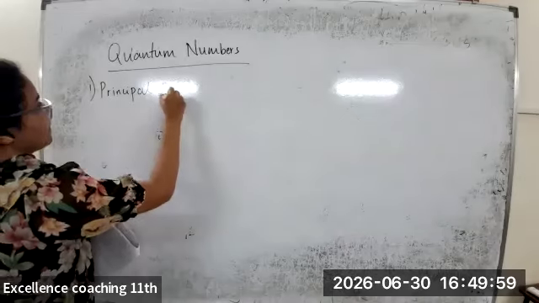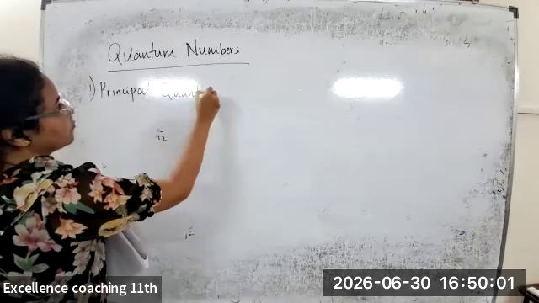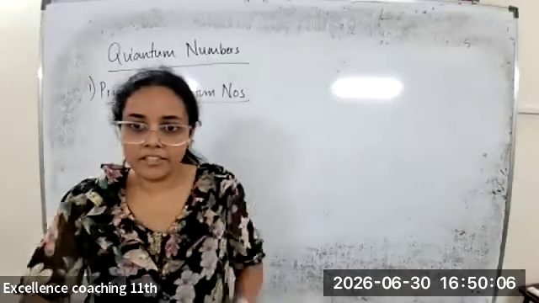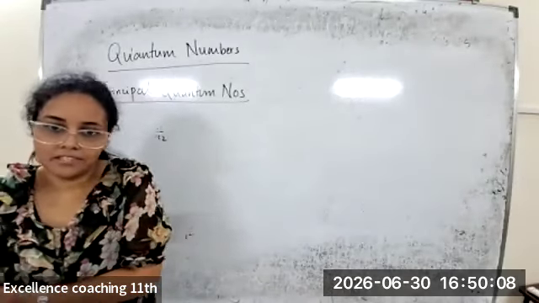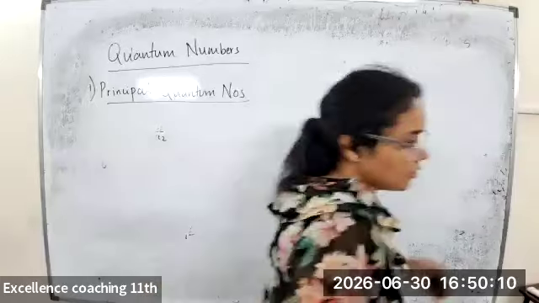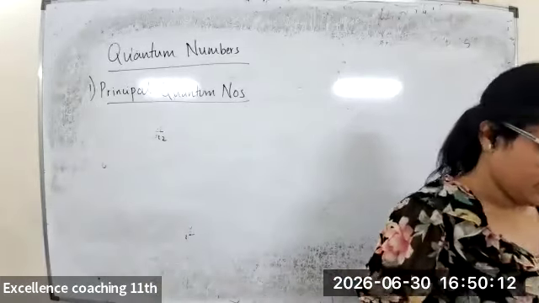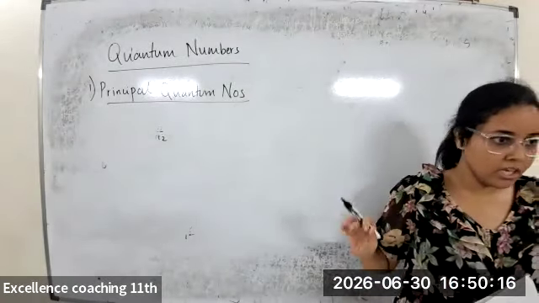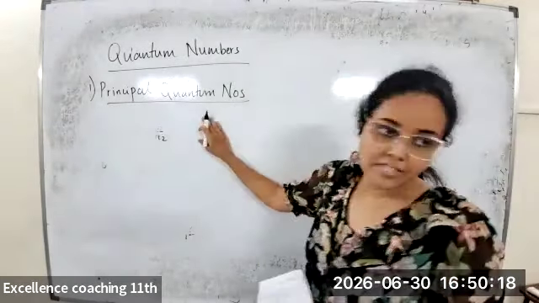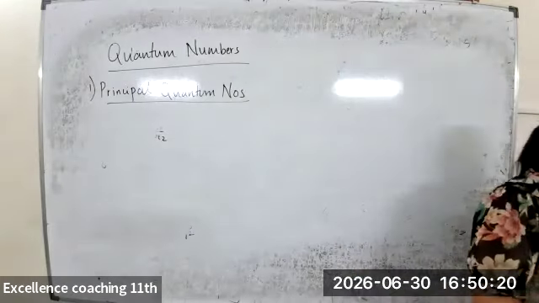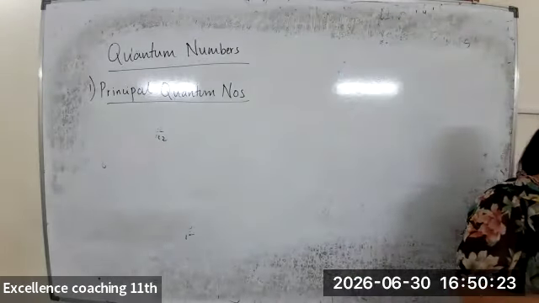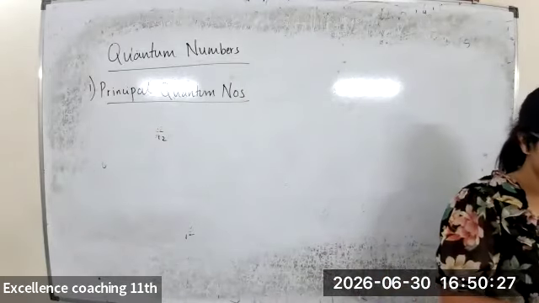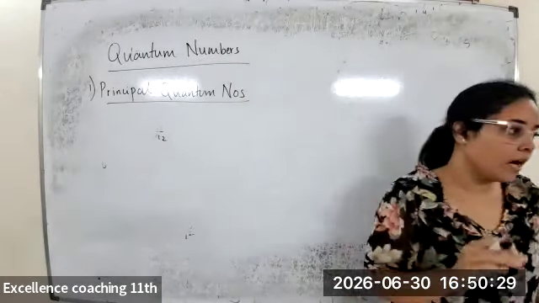principal quantum number. Do you all have any idea what the principal quantum number is? You already studied about the shells, right? The K, L, M, N, and so on. So basically, the principal quantum number is nothing but the number which is denoted to your shells. So the first point is it is a positive integer with value of n equal to 1, 2, 3,